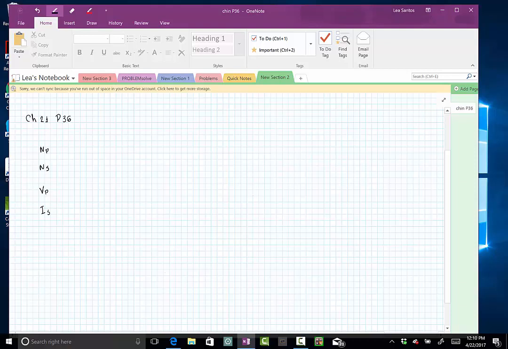Okay, and from that, they want to know what is the output voltage, so they want to know VS. And they want to know what is the input current, so they want to know IP. That's it. So it's not a hard problem, but it's a good excuse for us to review what we saw